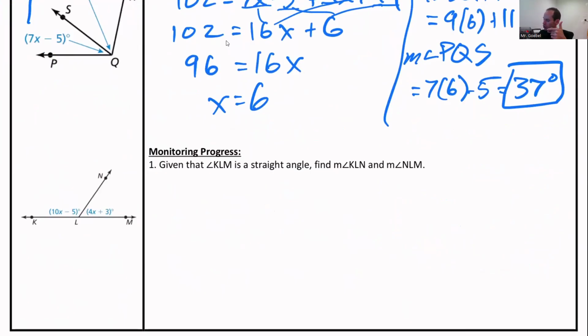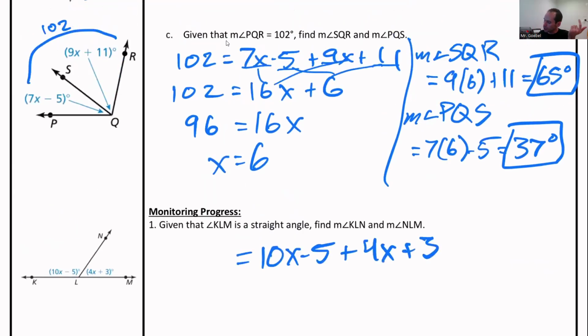So given that KLM is a straight angle, find the measurement of the two angles. So pretty similar to what we were working with before. We've got these two expressions: the 10x minus 5, and we also have the 4x plus 3. I'm adding those together. Now, what's different about this one is they didn't tell me what it added up to